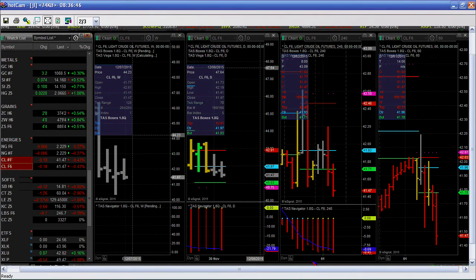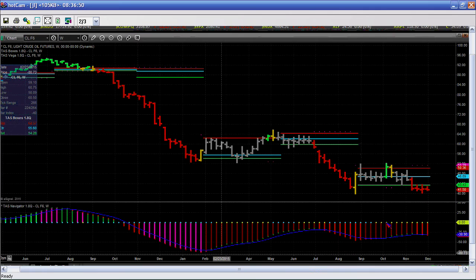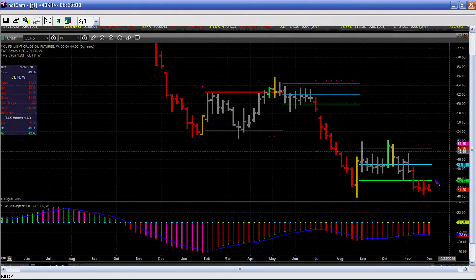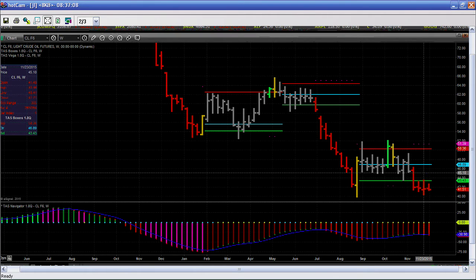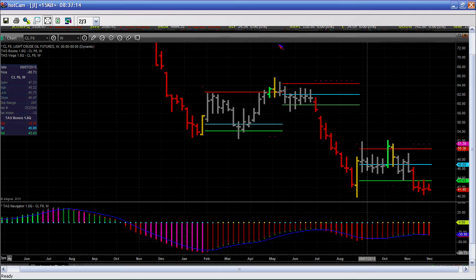Let's take a look at crude oil, the January contract really quick. Again, the big number is 43.43. We need a weekly close above there. That's to play it safe. All right, so let's look at this. Got so many emails about this. Is it time to buy this? Is it a chance of a lifetime? We just need some confirmations on this. If we get a close above 43.43, then there's going to be some people scratching their heads and thinking on the short side that they need to get out of this, and we could rally back up to 50.36 again up top here. So that's the way I'm looking at crude oil.